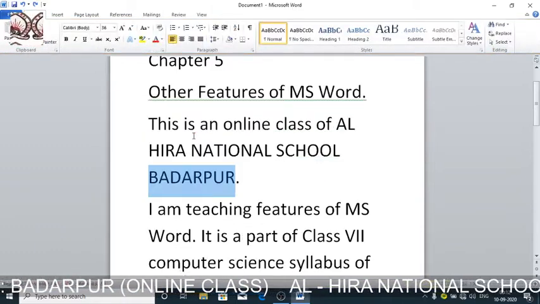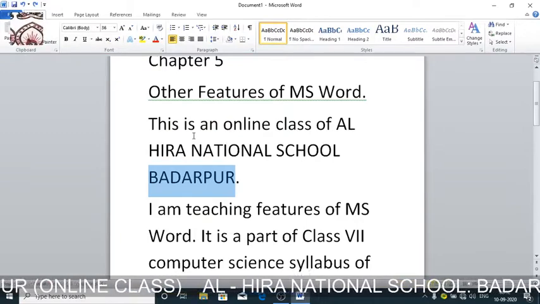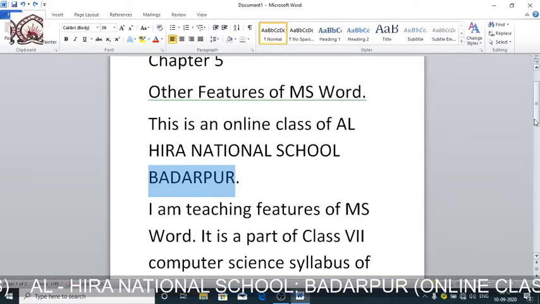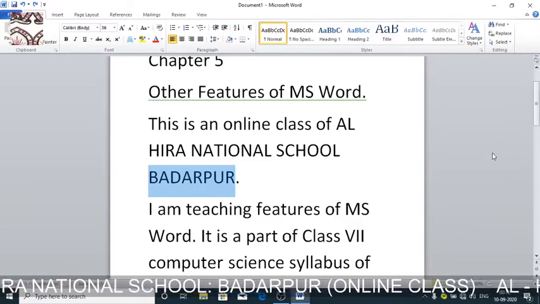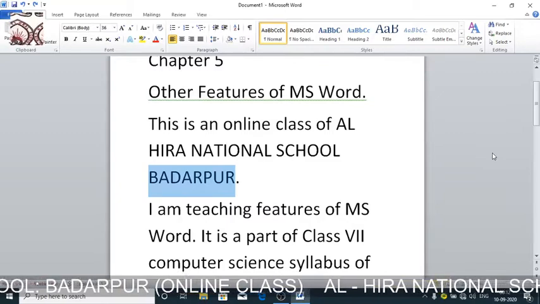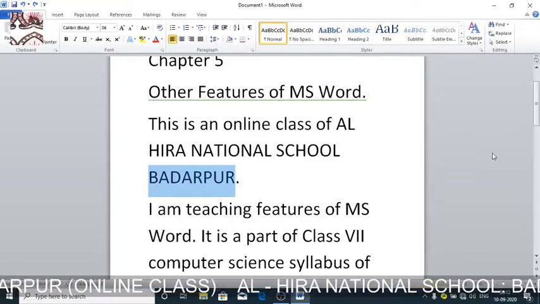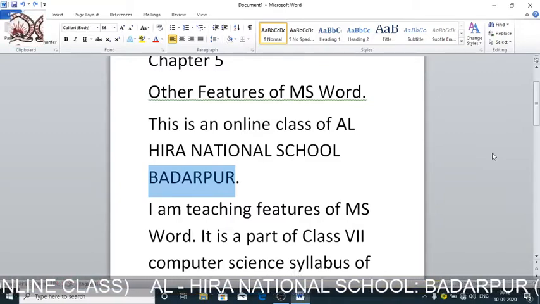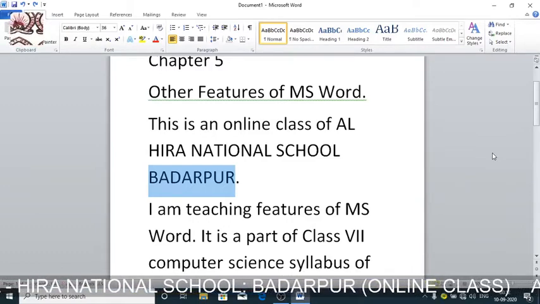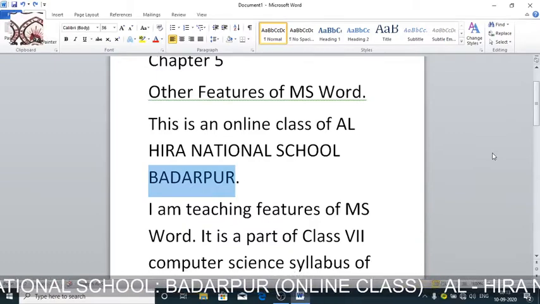Now I'm shifting to another feature of MS Word known as clip art. Now what is clip art? Clip art is a collection of pictures or graphics that can be inserted directly in our Word document, and there is a wide variety of clip art pictures.